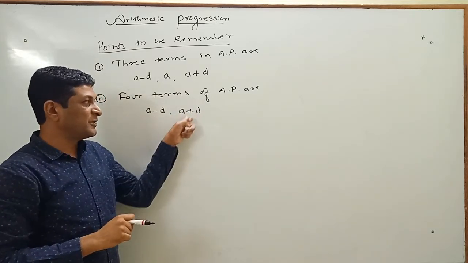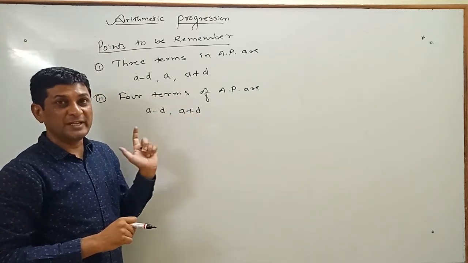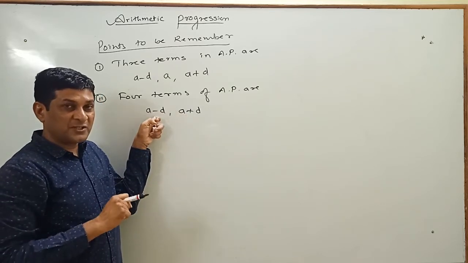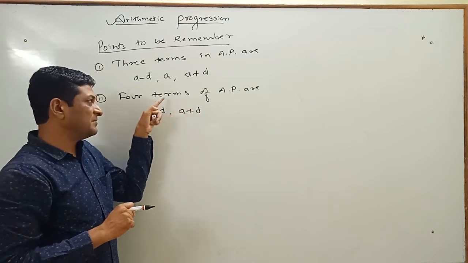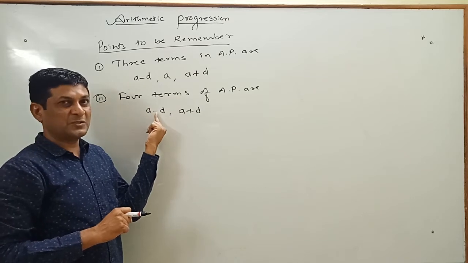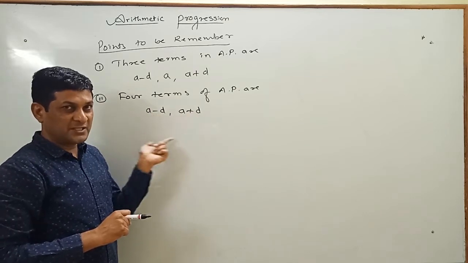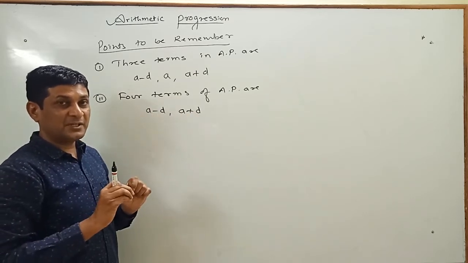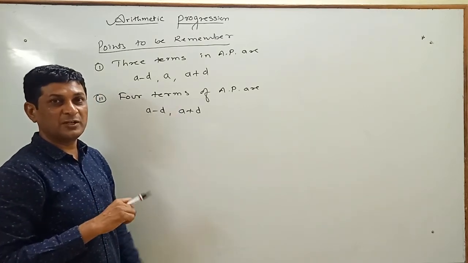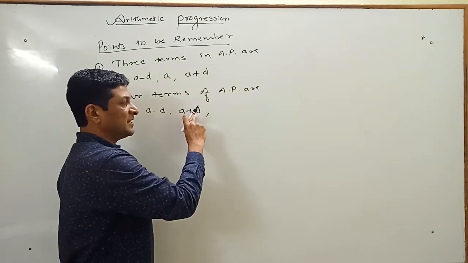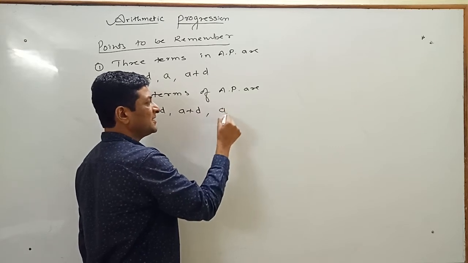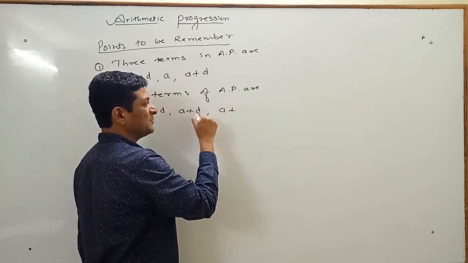Here the difference between these two terms is equal to 2d. If we subtract this term from its previous term, the difference will be 2d. The a will get cancelled, and d and minus minus d means plus d, which equals 2d. So in the case of four terms, the difference between two terms is 2d. If the difference is 2d, then to find the next term we have to add 2d. If we add 2d to this term, a stays as it is, and d plus 2d will be